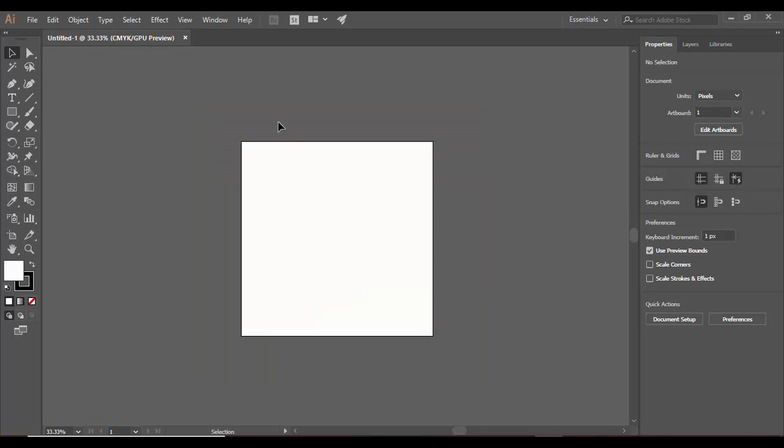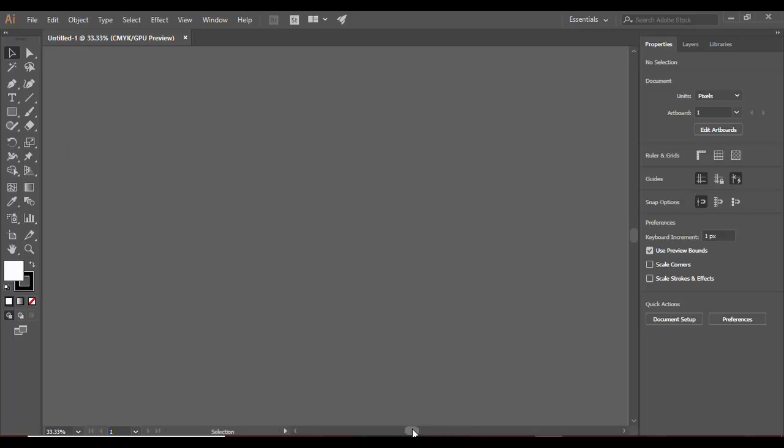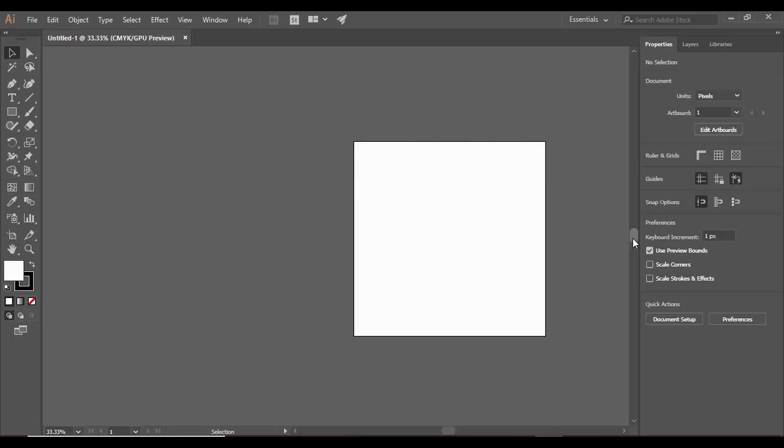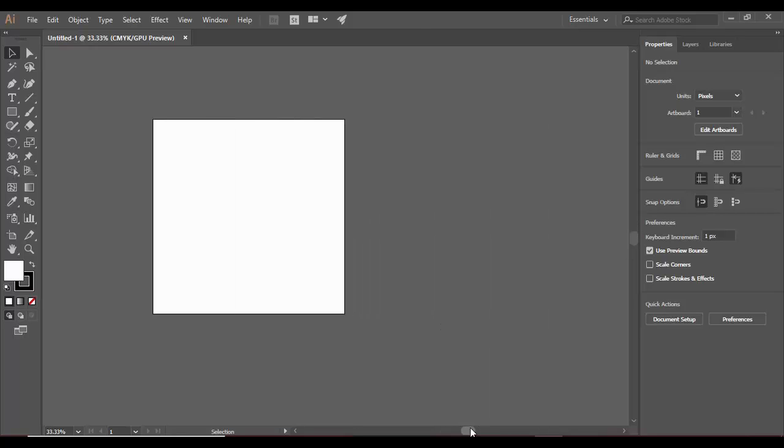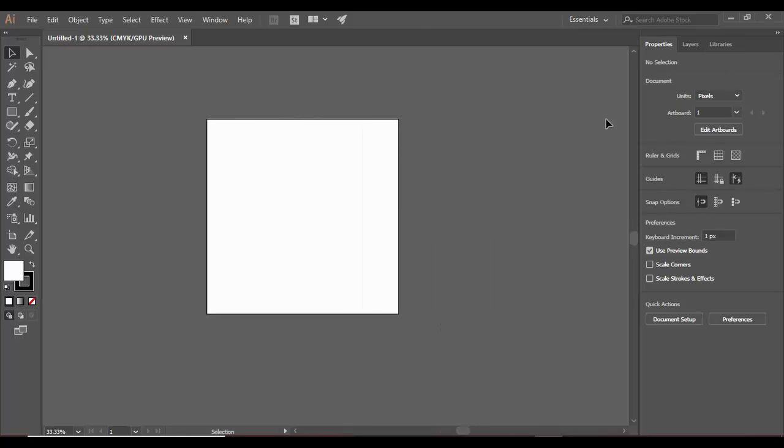When you get your artboard, you will find that here is the tool panel, here is the menu bar, and this is your current working area with the zoom percentage being set over here. And from here you can navigate to your artboards, which is an artboard navigation menu. Since we have only one artboard, we will not use this option as of now. You can also navigate with these scroll bars over here,